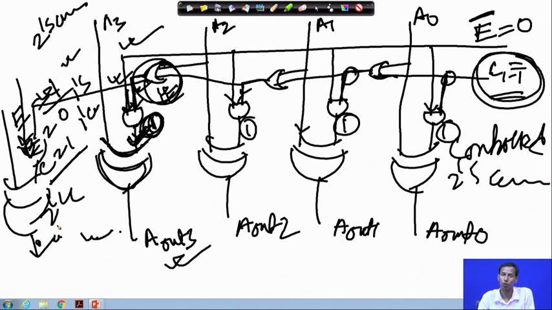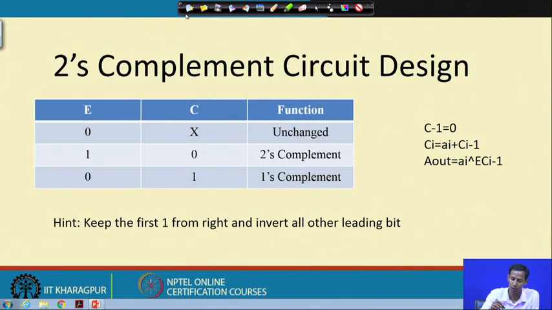So, this is the controlled 2's complement circuit implementation. Okay. Then next we will see another example. Let us go back to the slide. So, then next what we will do,